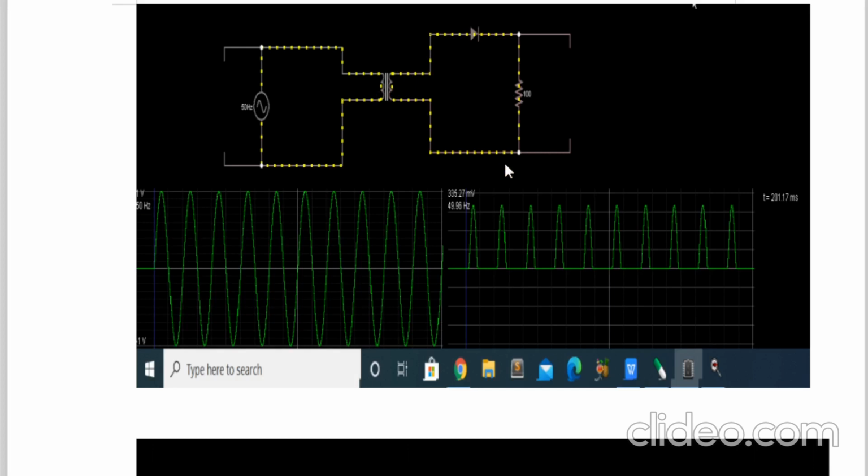So where 1 volt is applied as an input to this rectifier circuit, this is a transformer, what will happen? Here at the output you are getting a rectified only positive half cycle, not the negative half cycle, because it is half wave. But look at the Vp value given by the software, which is roughly 300 millivolt. 300 millivolt means 0.3 volt, and that is what we said in the upper diagram. 0.7 volt will not go to the output because the diode will start conducting after 0.7 volt only.